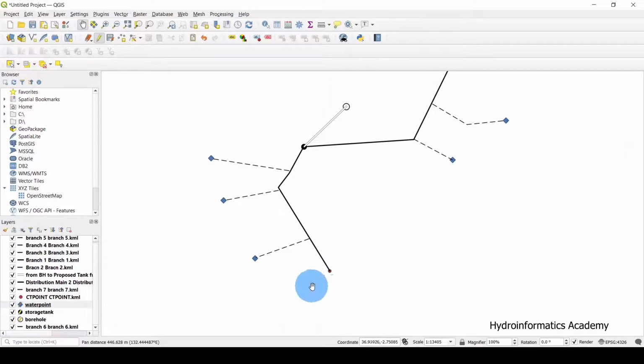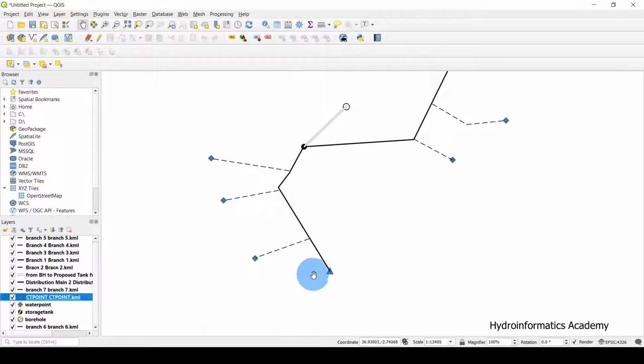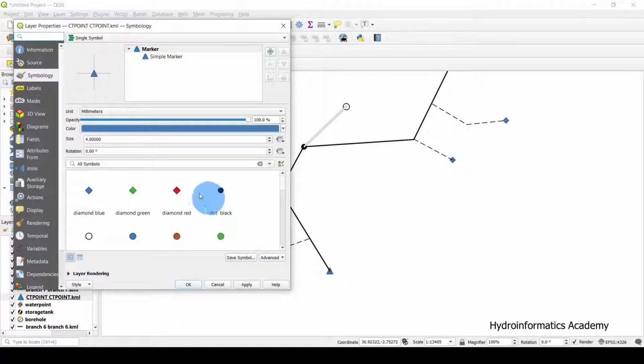But here at the Kettle Craft, we also need to find its own unique mark. Let me select Kettle Craft. So this one here is the Kettle Craft. Let's select this. Let's use this triangle. This triangle is going to present a Kettle Craft on our map. If I double click this and try to reduce its size,